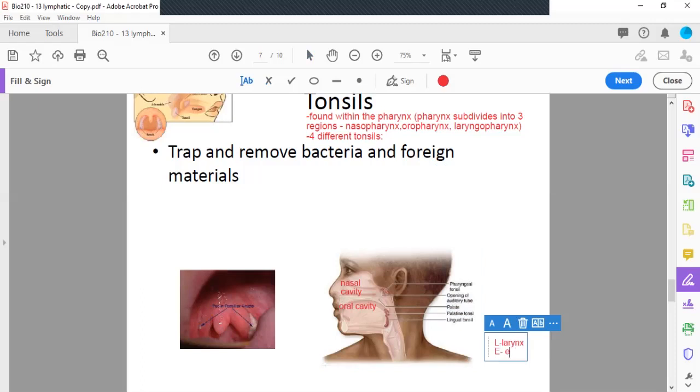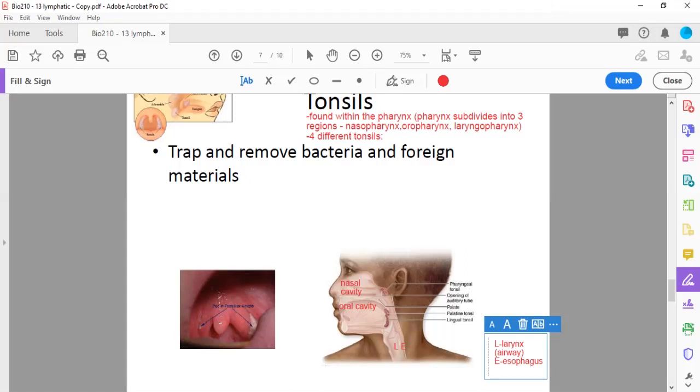And E represents esophagus. So I am going to type in L here and E next to it. So we can say that the esophagus is behind the trachea, which is a continuation, and also behind the larynx as well. And the trachea is a continuation of the larynx. Now keep in mind, the larynx is a part of the airway, and the esophagus is a part of your